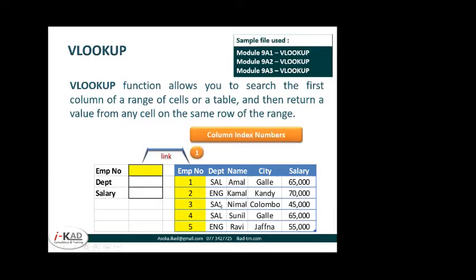Why? This is the link. The column index numbers are numbered like this. You don't have to number them, but it picks like that. If you want the salary, you have to call for number 5. So when you number, remember always the employee number, or the link, the lookup field, is number 1. And the other thing: if you have another column on the left side of the employee number, you can't get that with the VLOOKUP. It has to be on the right side of the lookup value. That is another rule that you have to make sure of, right?